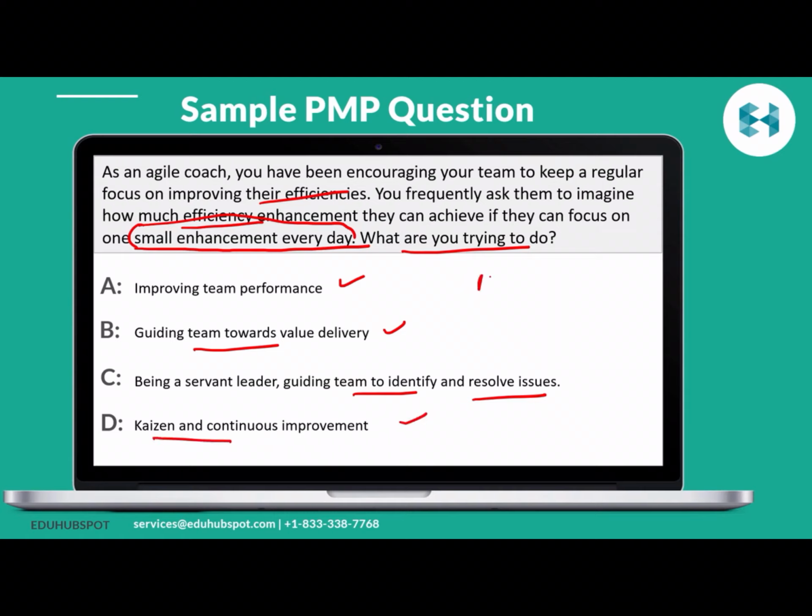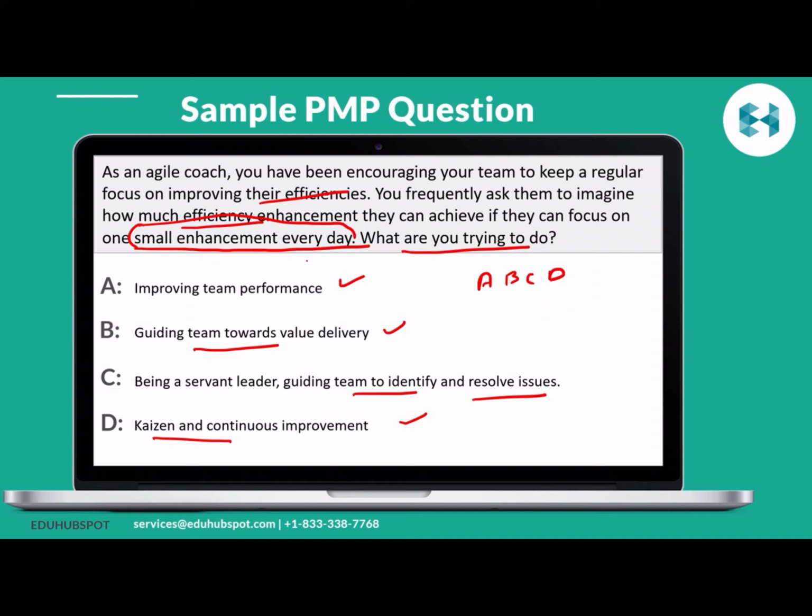Now, what is my elimination technique? On a piece of paper, write down these A, B, C, D. Then I want you to go through each option and start eliminating. Don't tell me A is correct or C is correct. Read it and see which one is better. The PMP exam question is all about which answer is better, and it's all about choosing the best answer over here. So first of all,